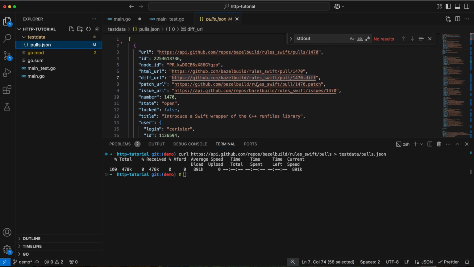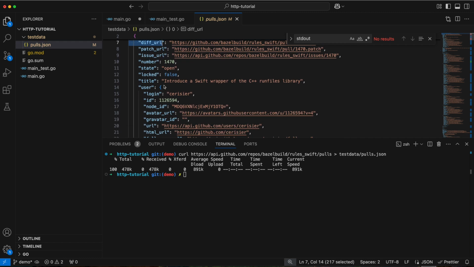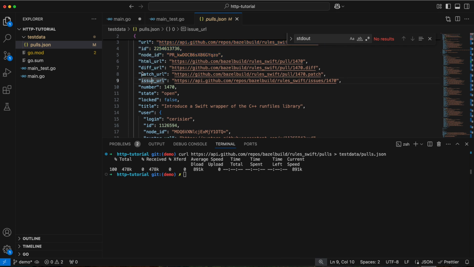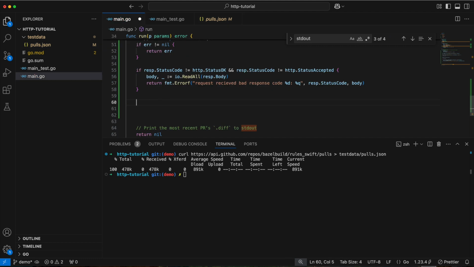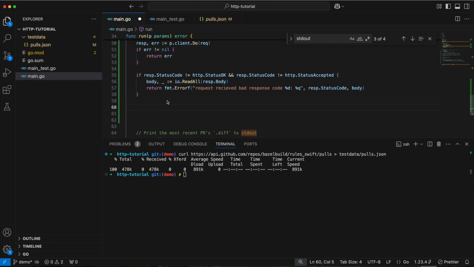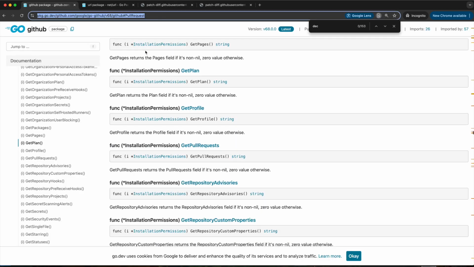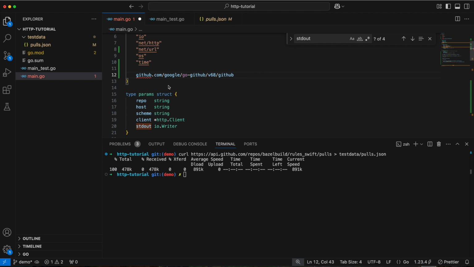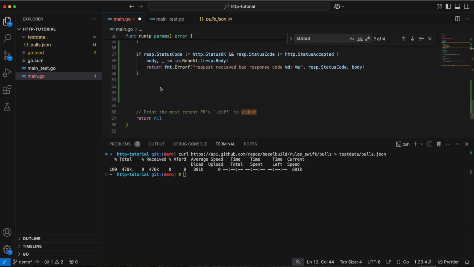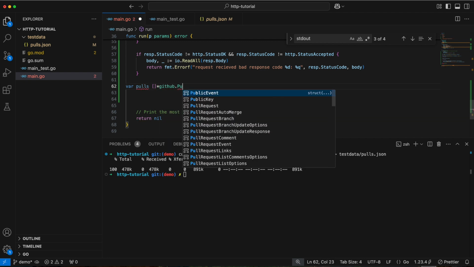So it's in this structured format, it's JSON formatted, and one of the inputs is diff URL, which is what we're going to use. Now we could create this structure on our own, but the better option is to use something that already exists. So here we can use a GitHub pull request object. So let's grab that. So we're going to import GitHub, and then we're going to say var pulls, it's going to be GitHub.PullRequest,